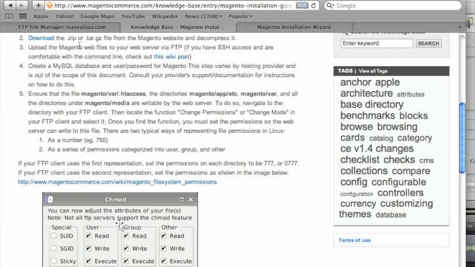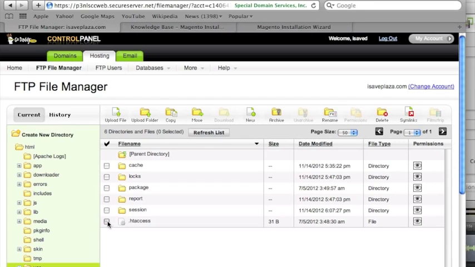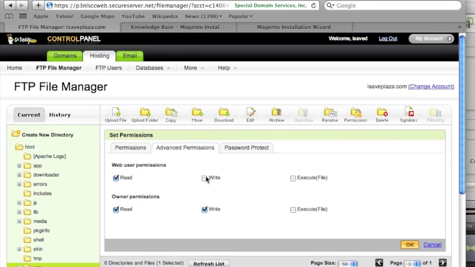So we need to make sure that these files and folders are writable. This would be the var folder and this .htaccess file, and we go permissions, and we make sure that all of these boxes right here are ticked off,